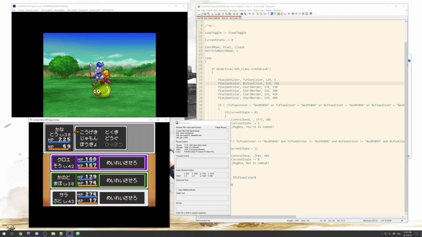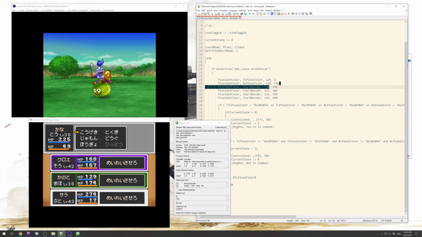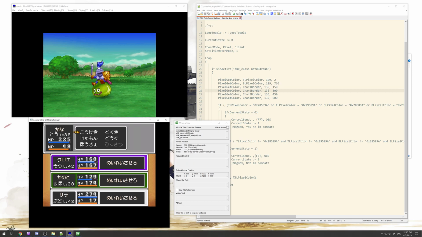So the way I'm determining that is also by using this Window Spy application. So you can see when I have this window selected, Window Spy has these 2 fields, this client and color field. They're going to be really important. So if we look at the client field, as I move my mouse around within this bottom window, it adjusts the number here, and that's my position within that window. So if you look at the script, I'm matching on 129.2, right? And 129.766. What that means is that if I select this window and I move my mouse around, I should be able to find,